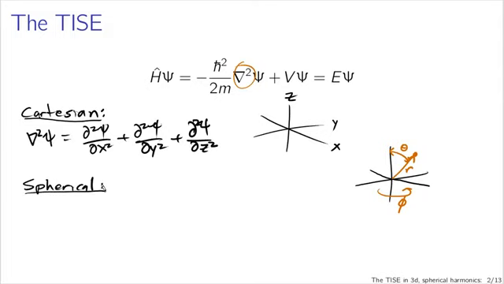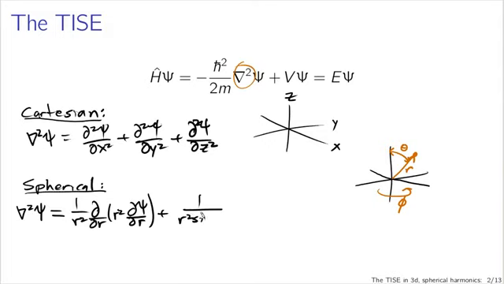And in that coordinate system, our Laplacian in spherical coordinates is a good deal more complicated than our Laplacian in Cartesian coordinates. Del squared, acting on some function psi, is 1 over r squared times the partial derivative with respect to r of r squared times the partial derivative of psi with respect to r, plus 1 over r squared sine theta, partial derivative with respect to theta, of sine theta, partial